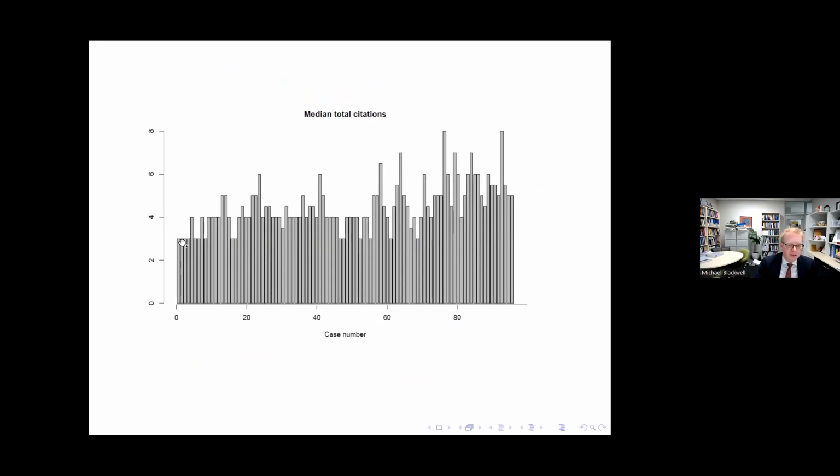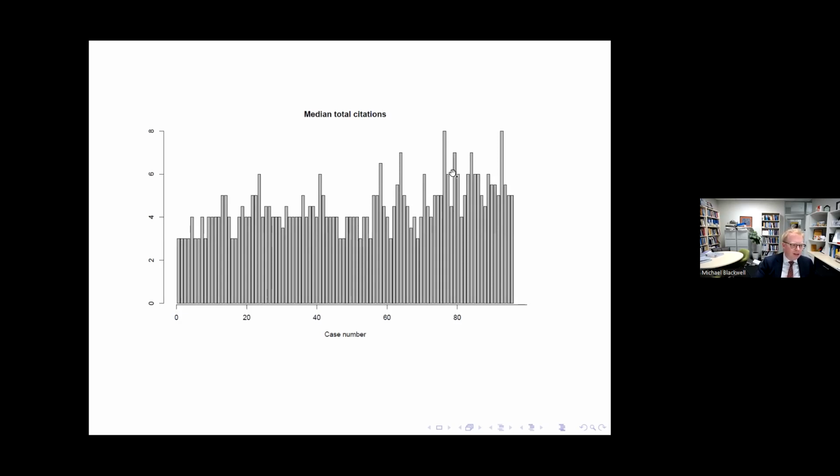So in the first, second, third, and fourth cases, the median judge would refer to 3 cases. Then in the 5th case, it goes up. This is a feature of the fact that the longer your judicial service, probably the more complex cases you're being allocated. So the judges who are hearing more cases seem to progressively cite more in their decisions, I think as a feature of the fact that later on in their career, they're probably being assigned more complex cases.